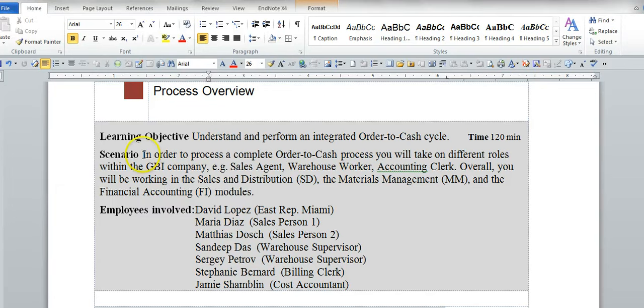In this assignment, you are given a scenario in which, in order to process a complete order to cash or fulfillment process, you will take different roles in the GBI company. So remember, when you are working on your assignment, you will be representing a company called GBI, and you will be representing the company as a sales agent, as a warehouse person, as an accounting clerk, and